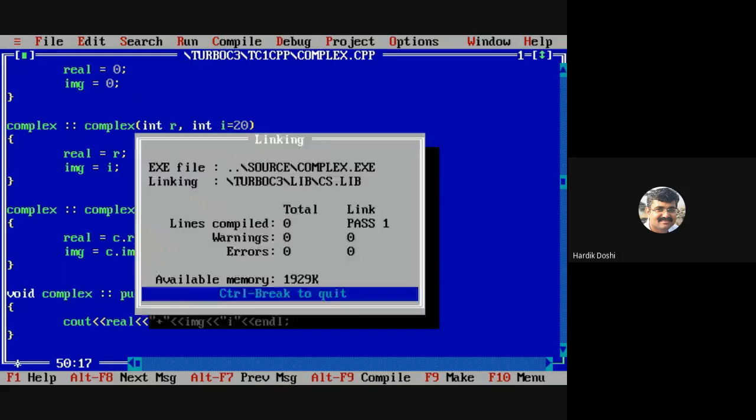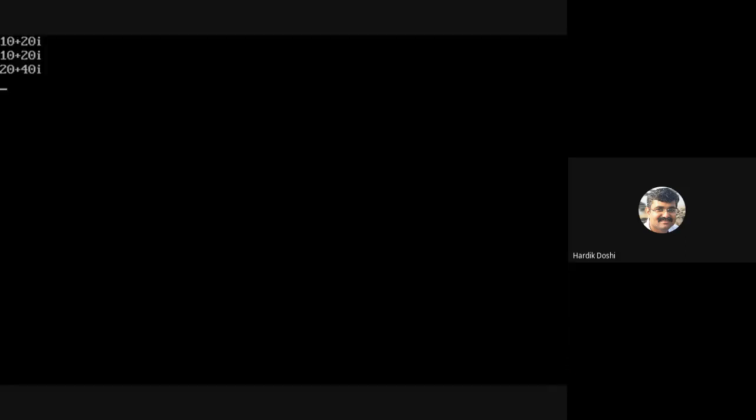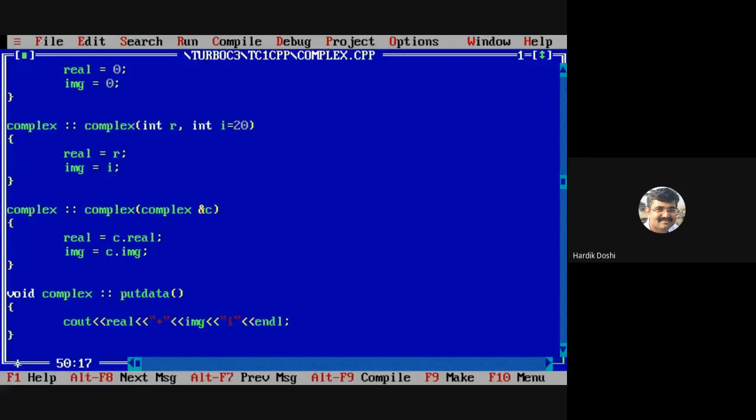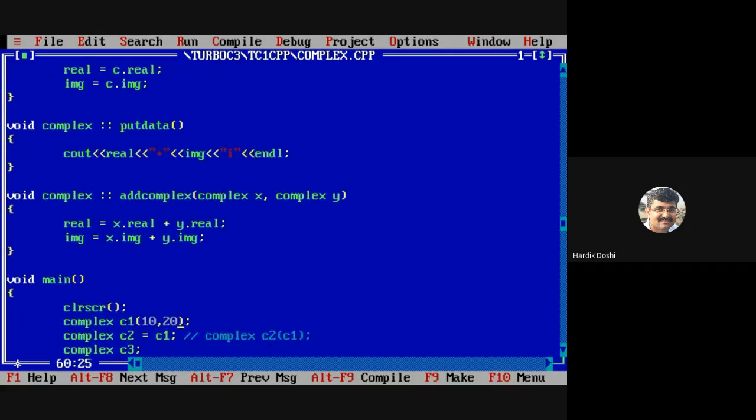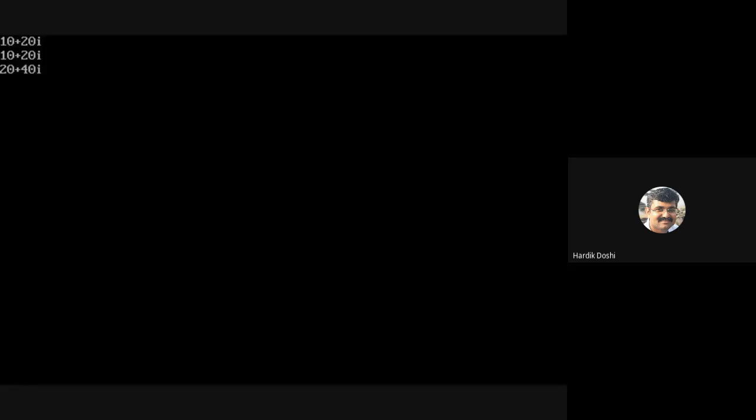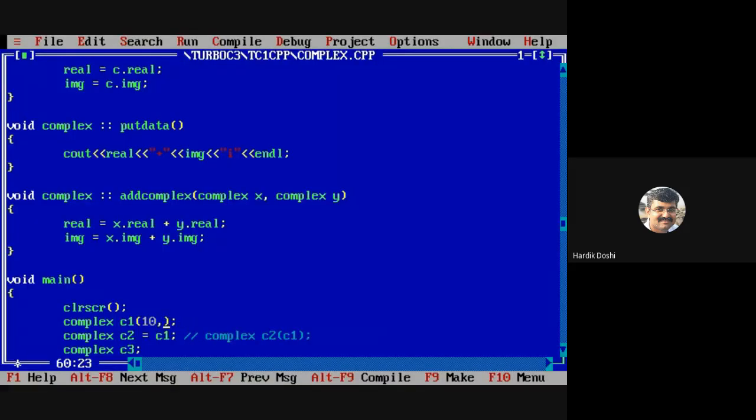Now I am running it. What value is taken? 20, because I have passed it. Let's say I take some weird default value, let's say 7, and I am passing 20. What should it take, 20 or 7? 20, because I am passing. But what if I don't pass? Then the default is taken.